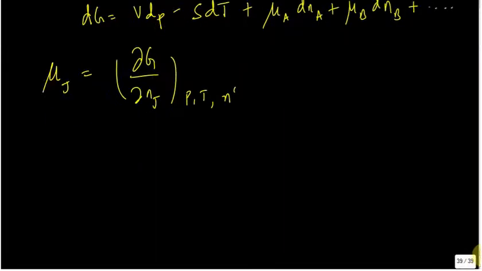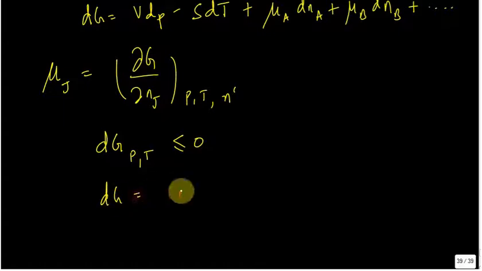So if I impose the same conditions, what happens to dG? Okay, what was the criterion for spontaneity? dG at some conditions is less than or equal to 0. Put the same thing over there and you get dG is equal to ... plus mu B dNB plus